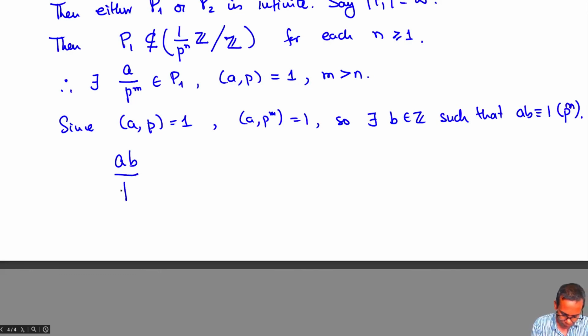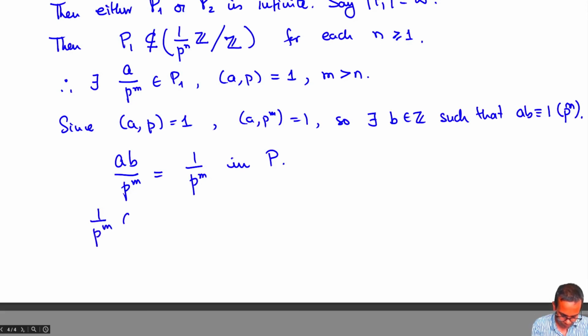So AB mod P to the m is going to be equal to 1 mod P to the m in the Prüfer group P. And so 1 mod P to the m belongs to this P1,